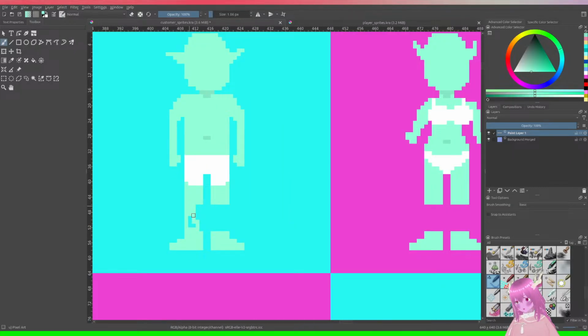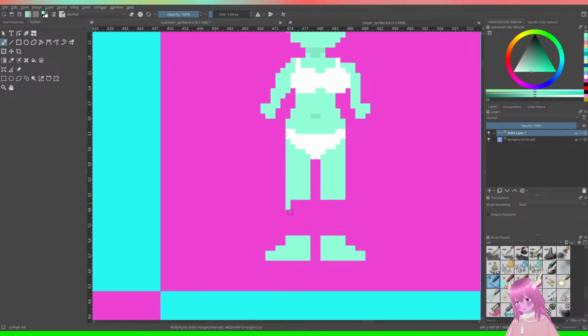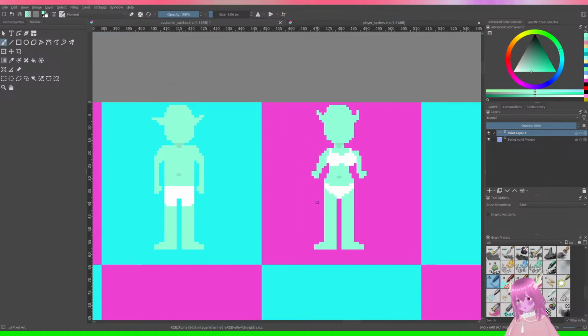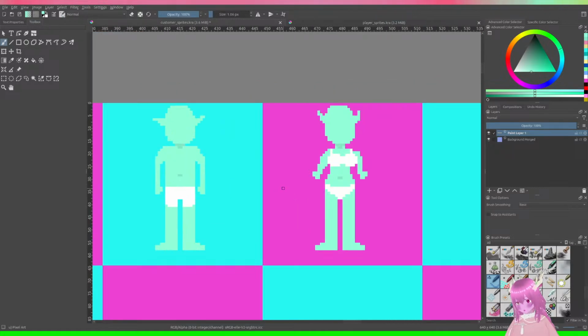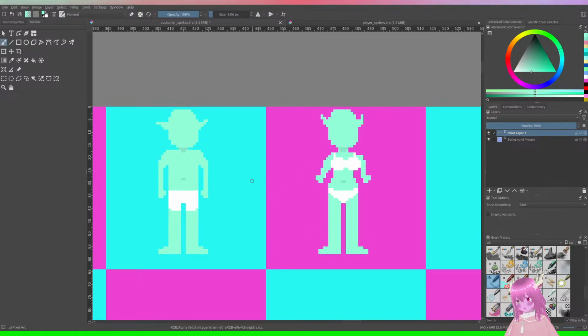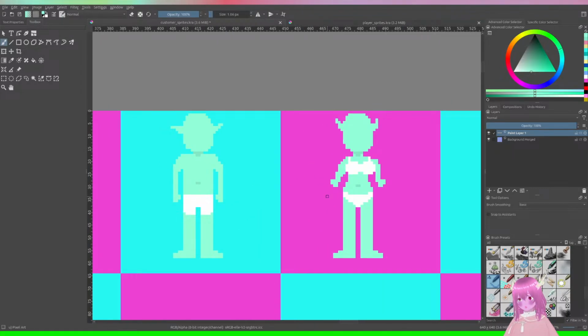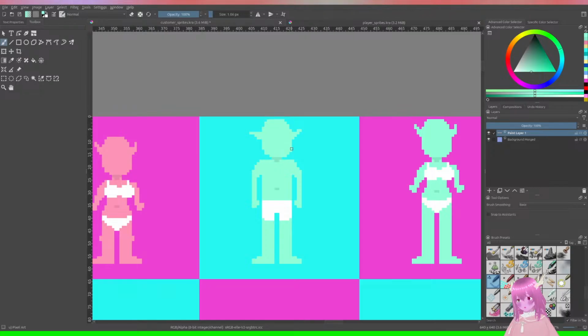And then that. They got massively long legs. What the heck? The green elves have massively long legs.